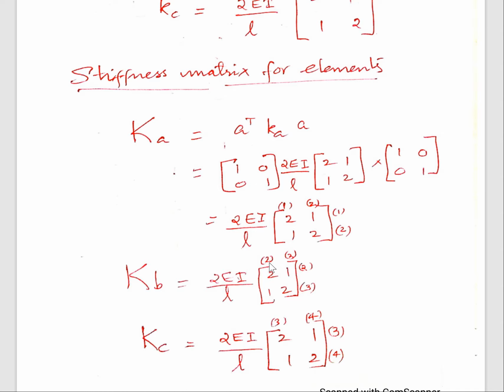So for the first column, 2 is given, and for the second column, 3 is given. Similarly, the rows are also given as 2 and 3. In the case of the third element, I have given the first column as 3 and the second column as 4. Because the first column is obtained by applying R3 is equal to 1, and the second column is obtained by applying R4 is equal to 1. So this is why these numbers are given as shown in the case of the first, second and third elements.